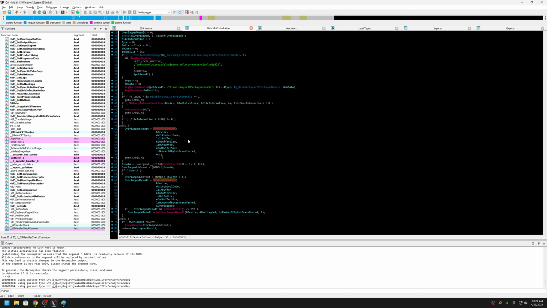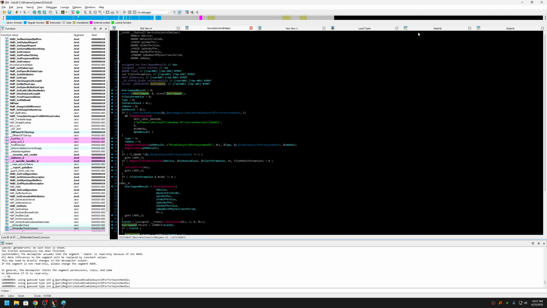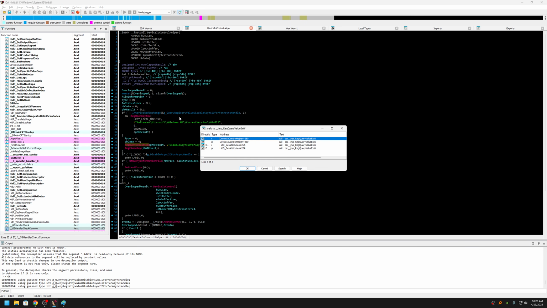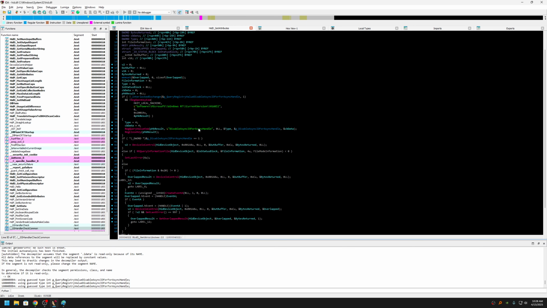I'm not going to go into what this does, but we can pretty much see that this is a bit different down here in the end. And then at the end, we jump over here. And then we can also, if we now press X on our keyboard, which is to see all the references to this, then we can also see it right here. This is pretty much the same. Nothing else really gets read here